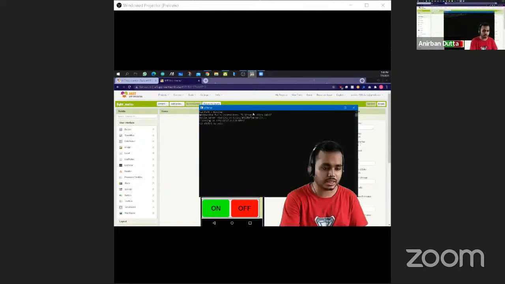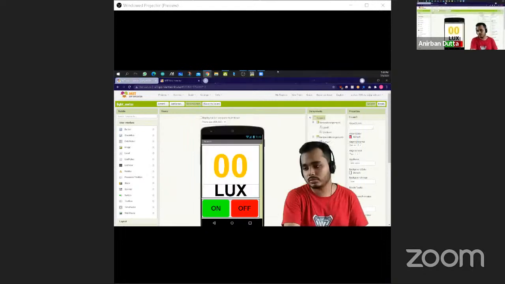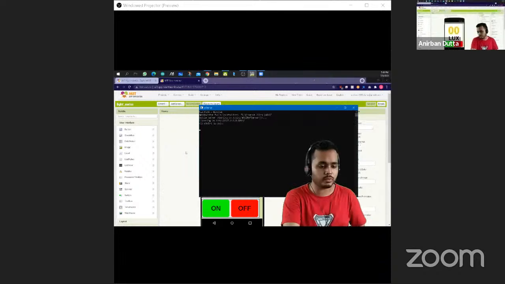So this window, as you guys can see, this command prompt looking window, it's not a command prompt. It's like an emulator that comes with the MIT App Inventor. If you search in Google for MIT App Inventor emulator, it will give you this exe. When you run it, it will pop up like this. There is no front end of this thing. So you need to keep this thing on in the background and then load up your app, and to